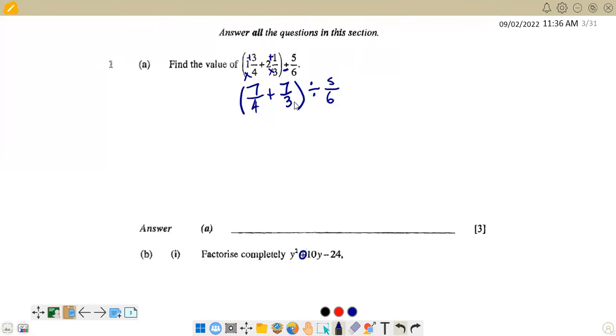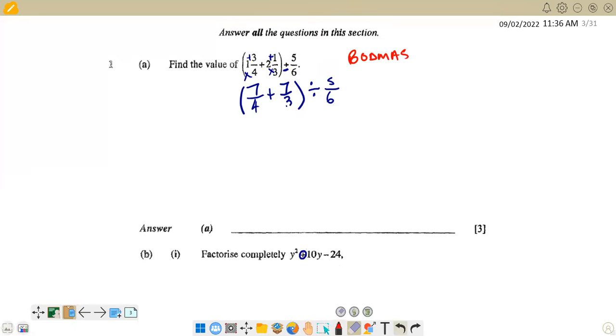Then we go to our BODMAS concept. Remember our BODMAS concept here. All right, we have brackets and division, so we have to start with the brackets first. What are we having in the brackets? We are adding. So we are going to add these two. That is, find the